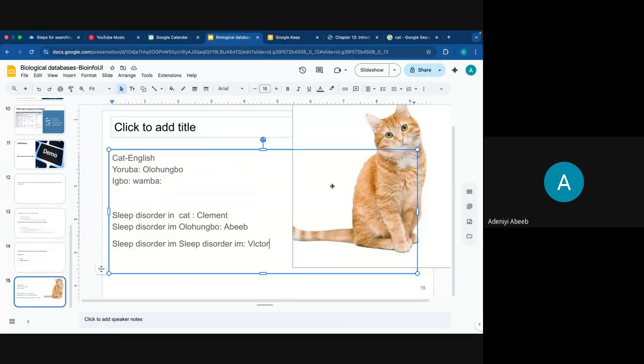Such that if I want to retrieve any information on cats, and Clement is using sleep and cats, it will automatically get information regarding the others. So that's actually what leads to the creation of MeSH. Before, if you don't use MeSH, you will miss out on articles published by me, Habib, and also by Victor, if Clement is the one doing the searching using sleep and cats. But if you are now using a controlled vocabulary,